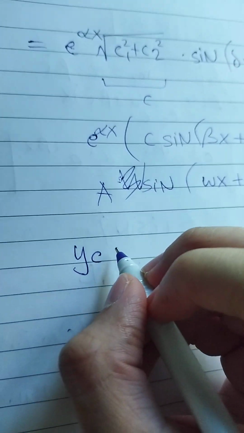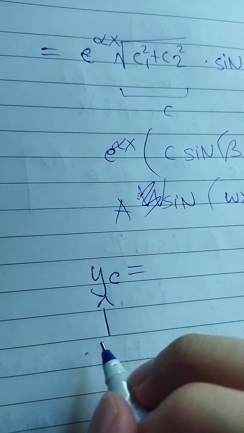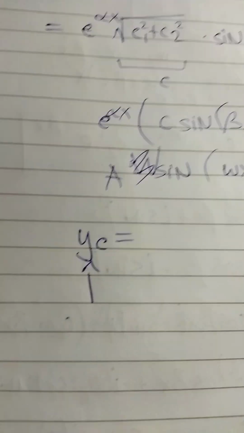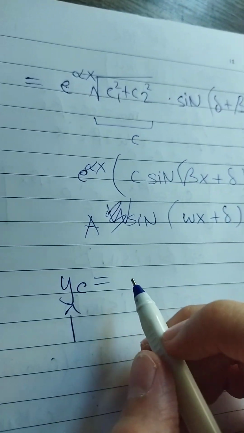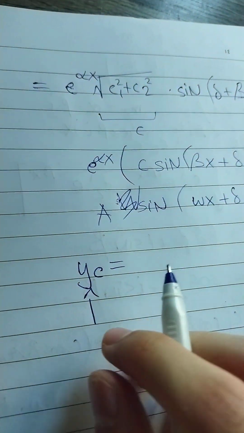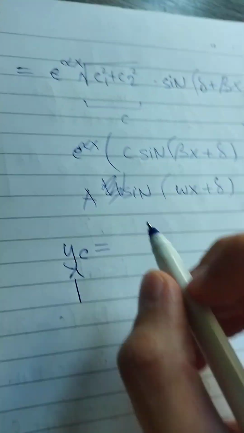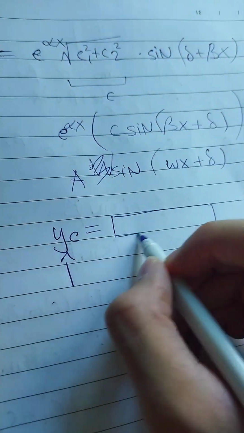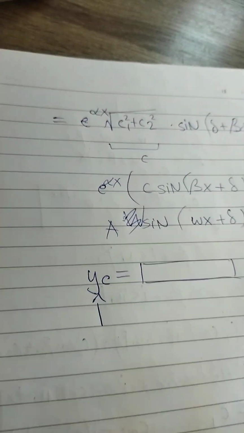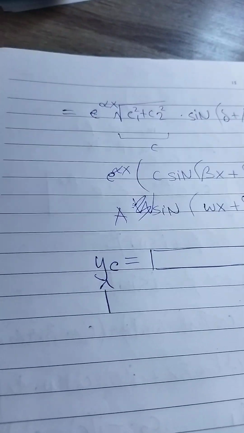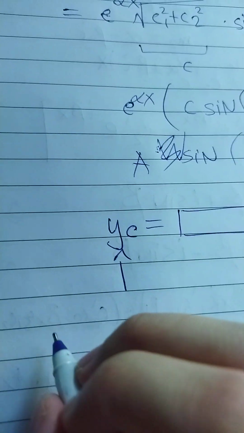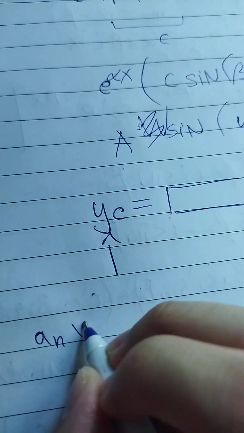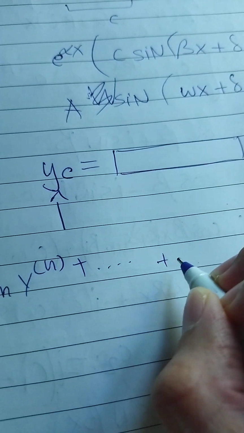Just remember that this is called the complementary function, or the complementary solution, which basically describes the solution of a homogeneous equation with constant coefficients in terms of the roots of the characteristic equation. And why this comes in handy is because when you have the same thing,